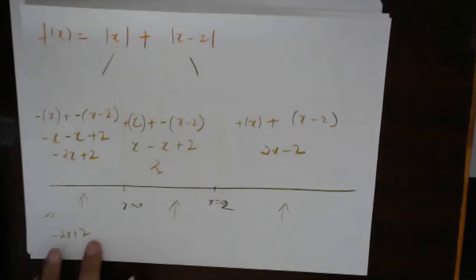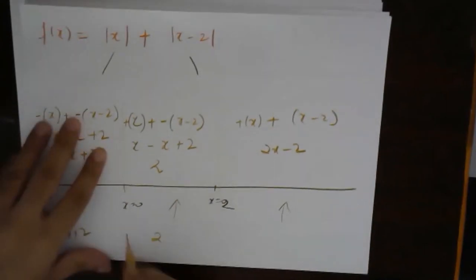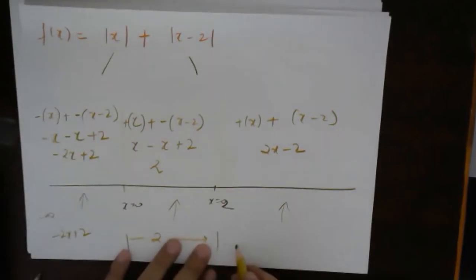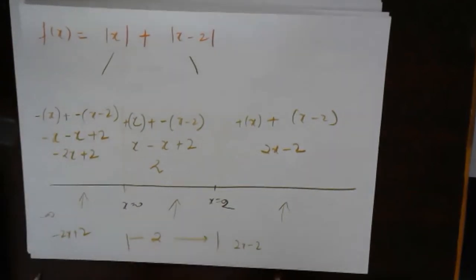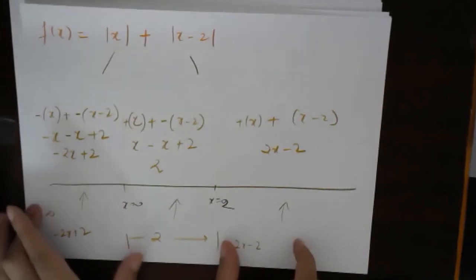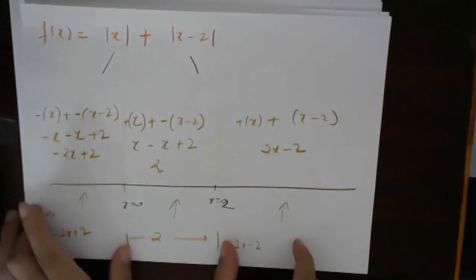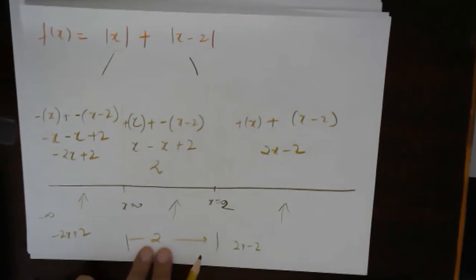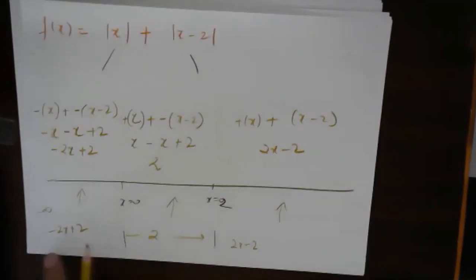We can draw this 2 between 0 and 2, and from after 2 it will be 2x minus 2. Okay. So most of you have drawn this part correct. You just have to check and redraw this part. Some of you have got this part wrong, so this is the only thing which changes. Understood? Fine. So just draw this part.